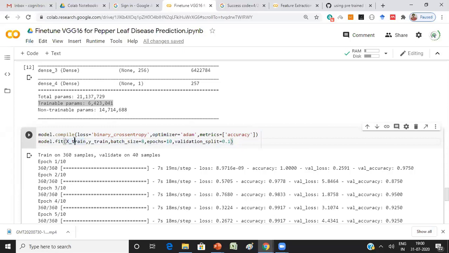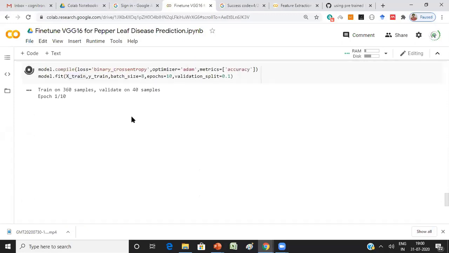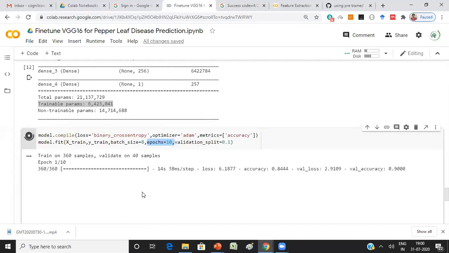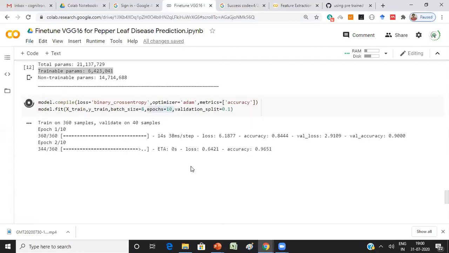Pass X train, Y train, epochs, all those things, and execute that. I gave it 10 epochs. You can observe that even after freezing all the layers, it takes this much time. If I had not frozen them, it would take more time.